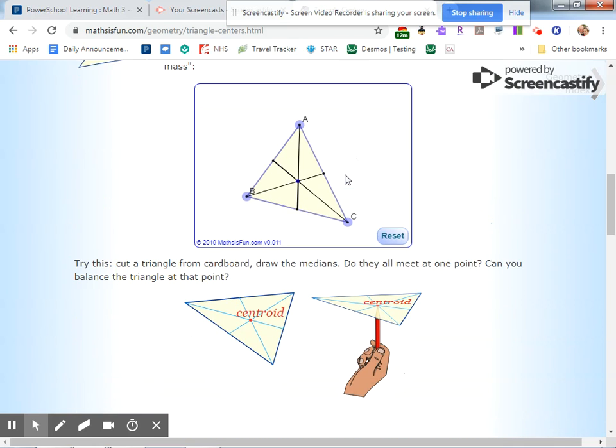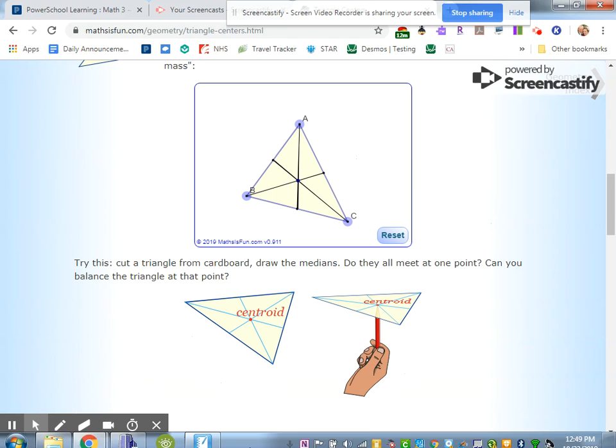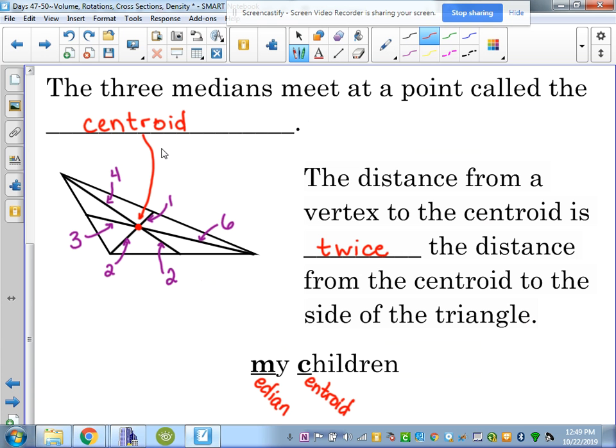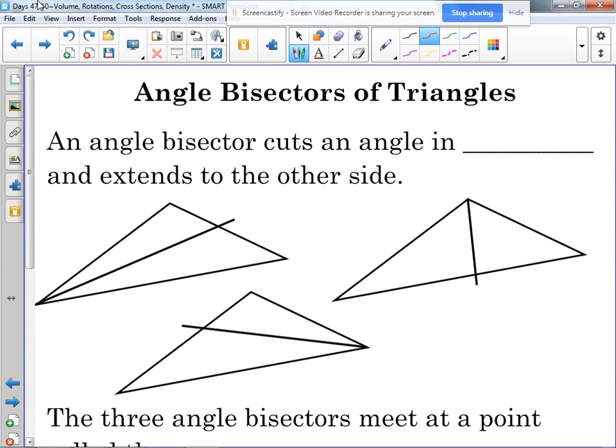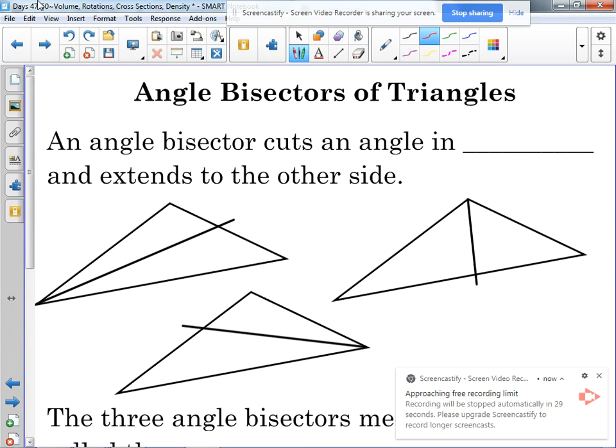Now, is that something that you necessarily need to remember? No, but I wanted to share it with you anyway. All right, so all of my children, let's keep going. Angle bisectors. Okay, angle